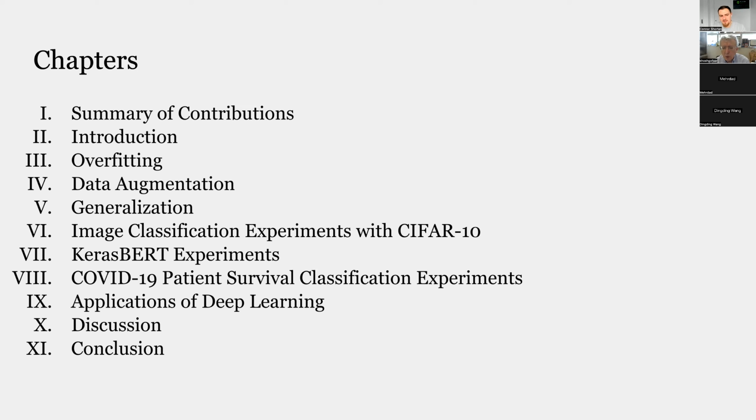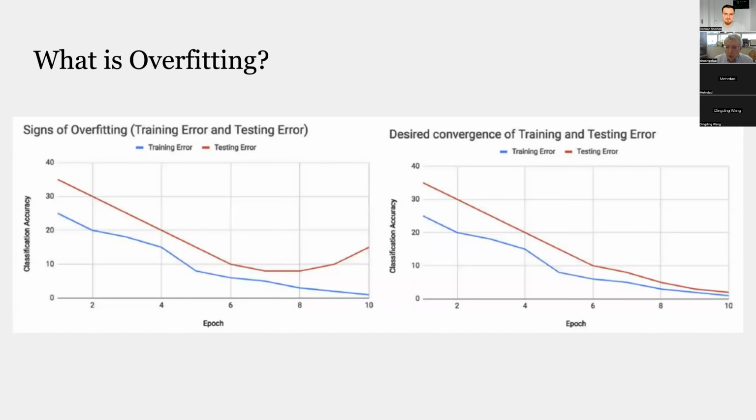So following that overview of the theoretical things that guide the thinking, the concrete experiments around image classification, around Keras-BERT, and then around the COVID-19 patient records, then concluding with this tour of all the things deep learning is doing, particularly through the lens of applications to COVID-19. Then some discussion topics that I'm still wrapping my own head around as I'm trying to understand the results of all this, and then summarizing the dissertation.